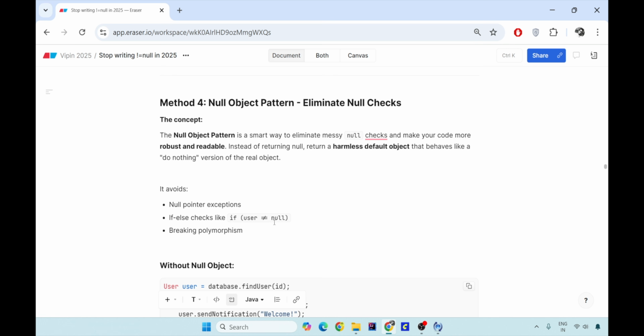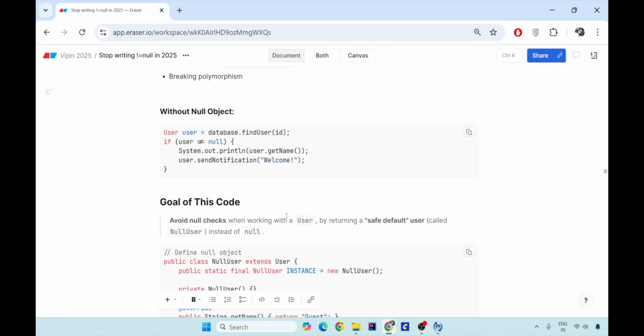And nowadays this is being used to prevent the messy null checks or the logics or the optionals or these kinds of things. This is just a way to do polymorphism and to prevent the messy null checks. It is a proper design pattern, and I'll tell you why this is so much in use nowadays. Let's get to the code first and then we will think about why it was used.